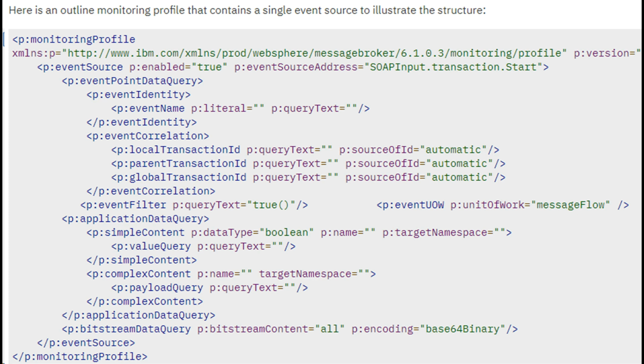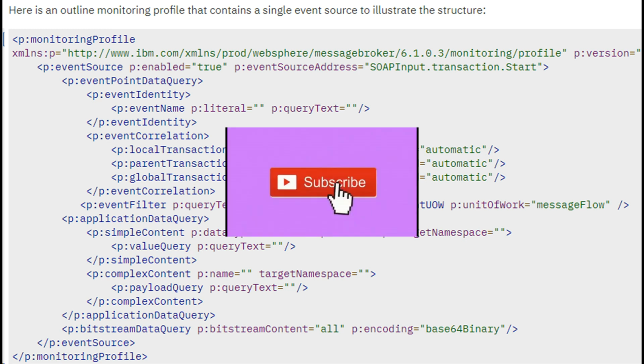IIB provides some lab exercises which will be helpful to understand how monitoring profiles, monitoring events, the record and replay feature, and the data capture store configurable service all fit together. But when you go through the knowledge base, that is IBM's IIB runtime help, you'll only find limited information. Only when you start working on an exercise, either provided by IBM or by some other blog post, will you find the full picture.